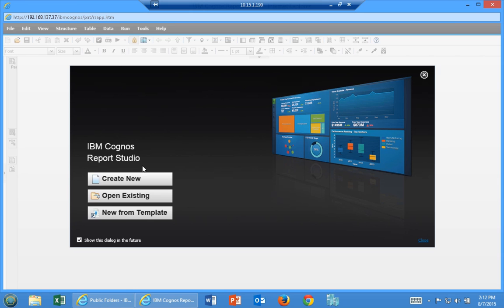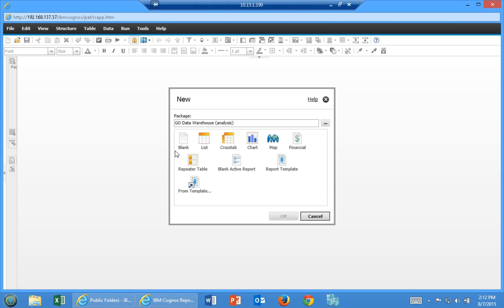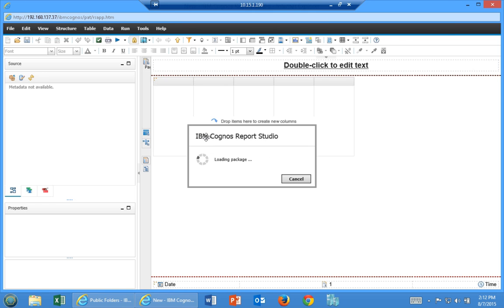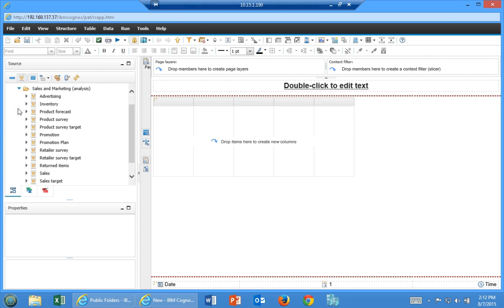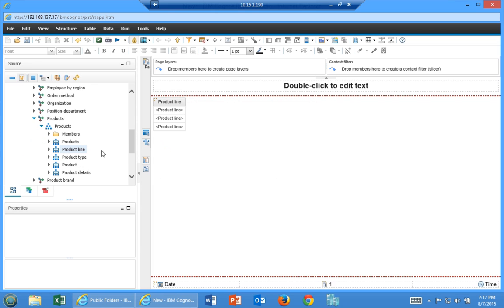So I'm doing the hardest example, if you will, to give you the full enchilada of how this all works. So I'm going to create a new list report. And I know that in addition to my budget data, I need data about sales. So I have to think about how I link my data. And I'm going to link based on the product line and product type names. Those are what I'm going to link on in my report,